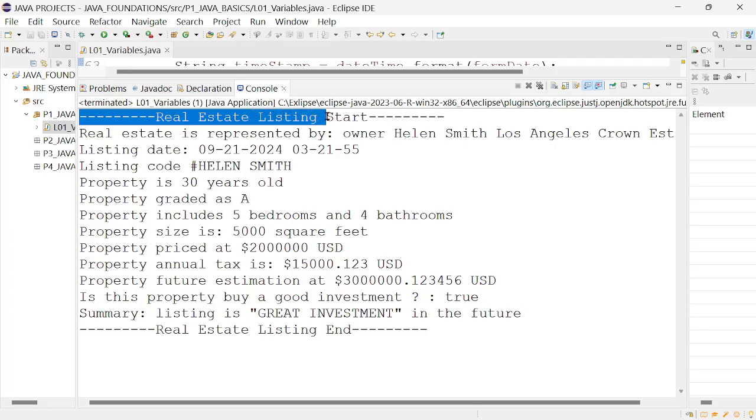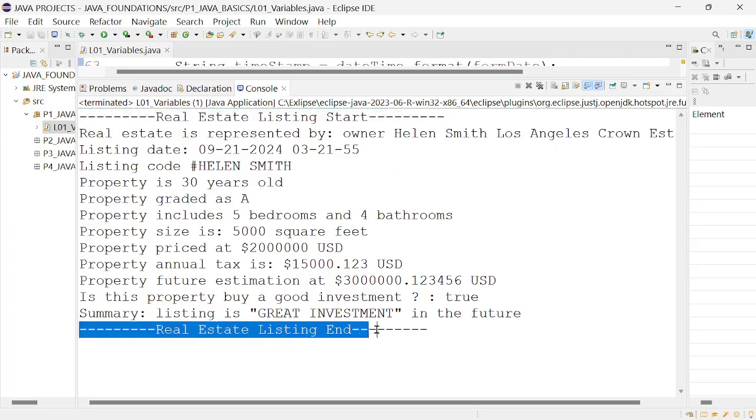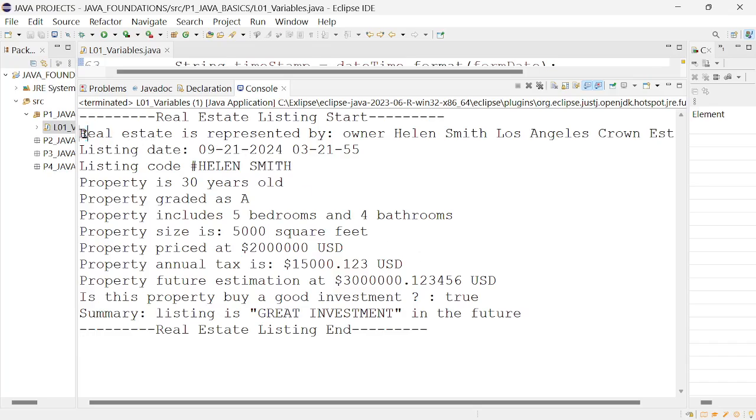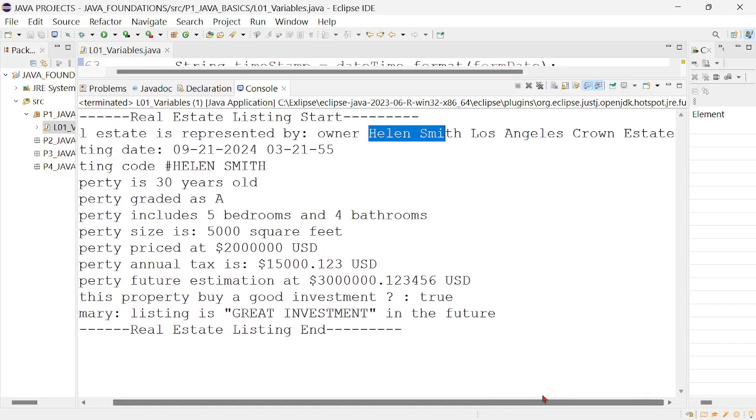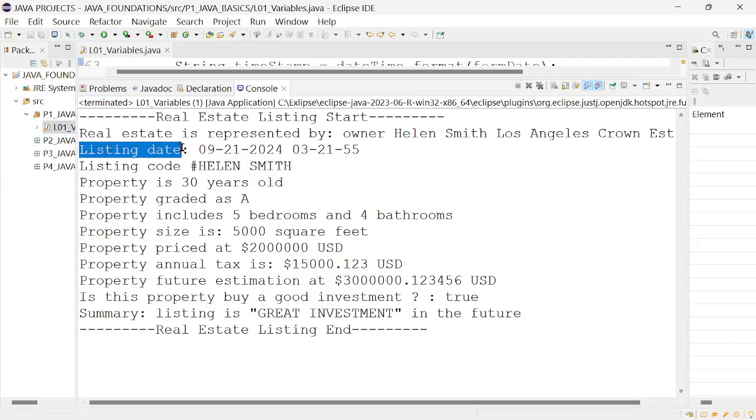Real estate listing start, real estate listing end. Real estate is represented by owner Helen Smith from Los Angeles Crown Estate. I should put here from probably. Now, listing date, exact date, formatted time. We just did it. Listing code, it's agent name Helen Smith to uppercase here. Property is